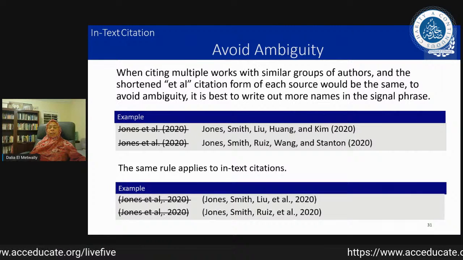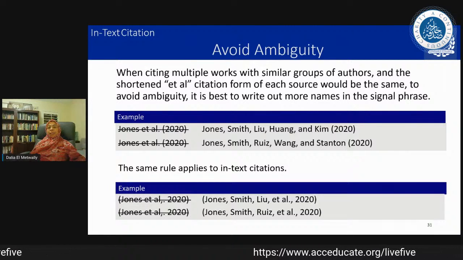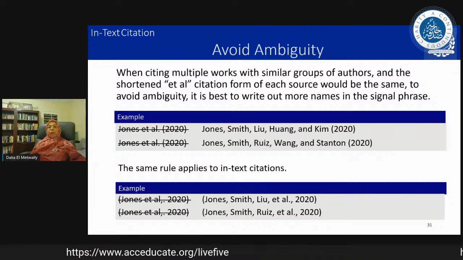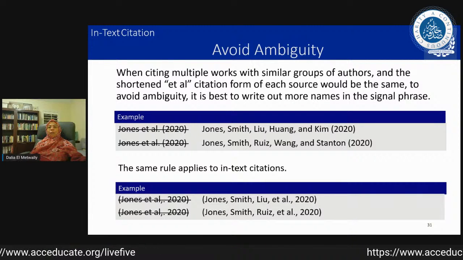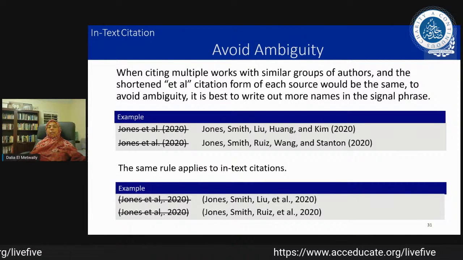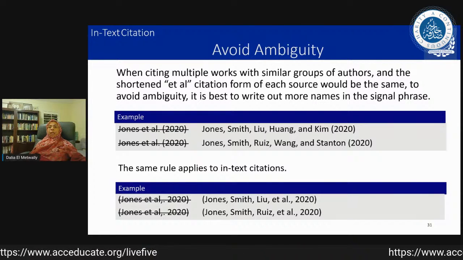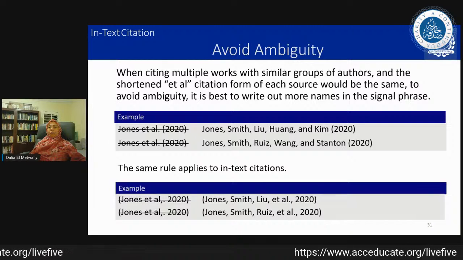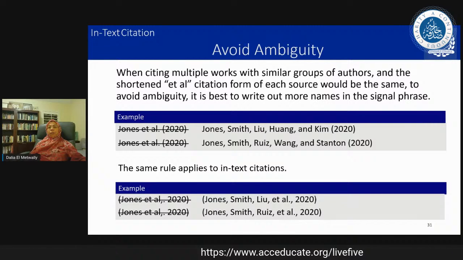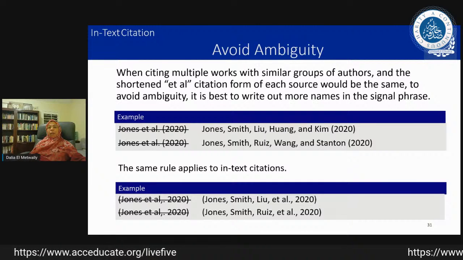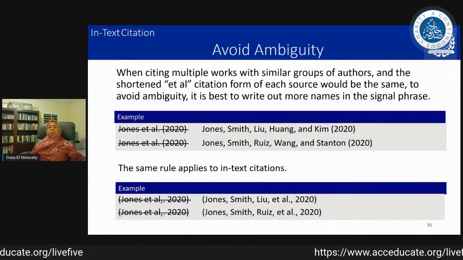We talked about et al., so I'll give you one example of ambiguity. There's a second example of ambiguity. Let's say I've got Jones and Smith have written two papers, and I'm actually using both papers in my research paper as references, as sources. So I actually have to write out the names of the authors so that I say, these are two different papers. Well, they've got the same year, but they've got different contributors on that paper.